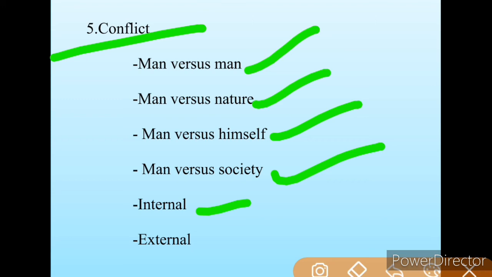These secret conflicts represent the character's internal conflict. The reader, of course, is aware of the internal conflict because he or she can see the character's thoughts. Then we have external conflict. Now, when the conflict is outside a character in a short story or a novel,